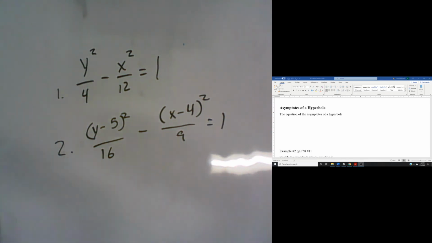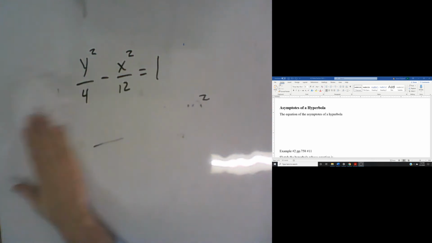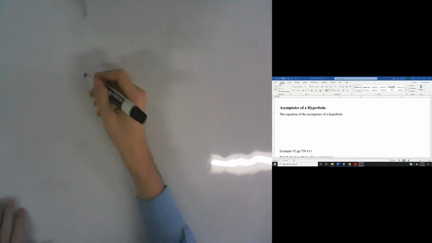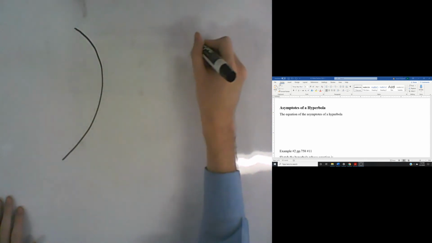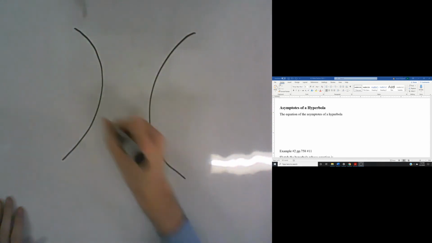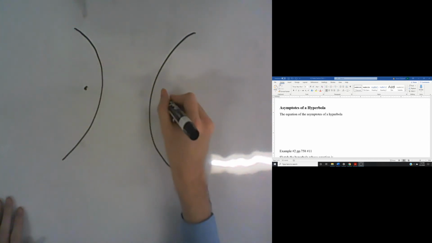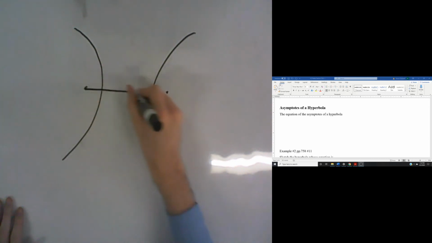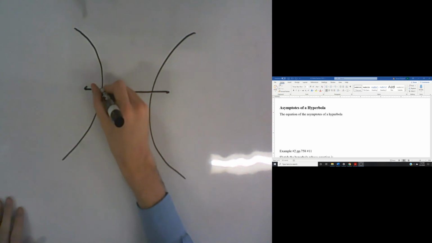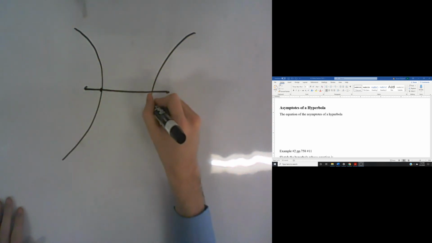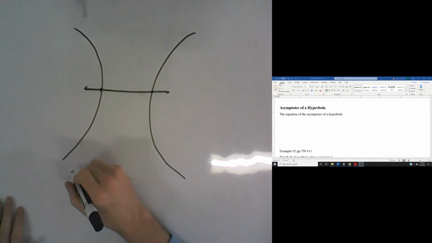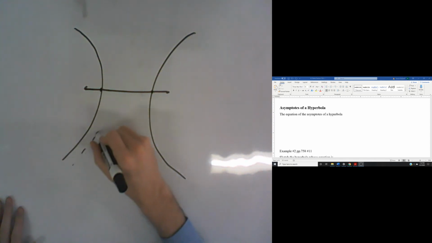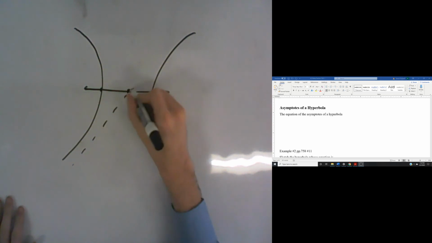If you want to know what an asymptote is, it's not exactly a beautiful drawing, but it is what it is. The asymptotes are lines that pass through our center